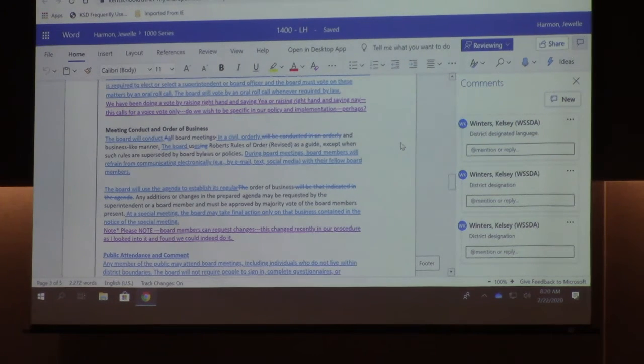Here it is called out and specified the type of vote action that's needed, and it says oral roll call. And I think you are essentially doing oral roll call, you're just using an additional signal. So I don't think what we're doing right now is out of alignment with this policy. But if you wanted to specifically include that in there, you know. Karen couldn't hear yes or no, and she's always asking who's in. Absolutely. And also not hearing or being able to see just because of the shape of their eyes.